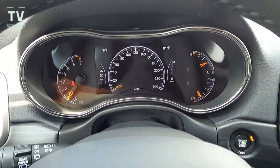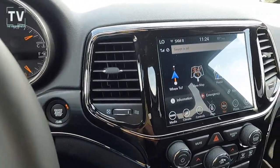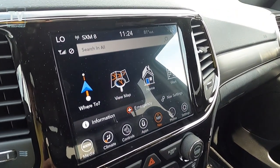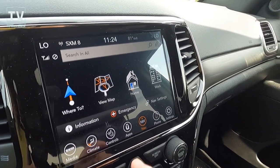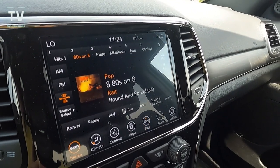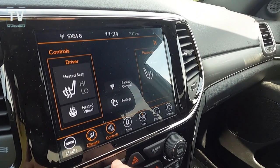paddle shifters, speed control, ready alert braking, electronic stability control, hill start assist, remote start, integrated voice command with Bluetooth, 9 amplified speakers with subwoofer, 506 watt amplifier. As we put the vehicle in reverse, you can see the backup camera and the dynamic grid lines, navigation, active noise control, Android Auto and Apple CarPlay, Uconnect 4 navigation, and then again, it's an 8.4-inch color display,